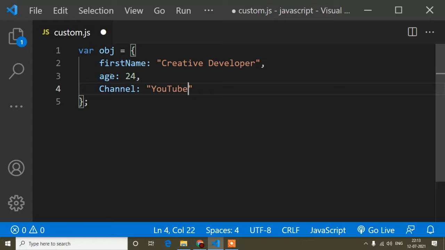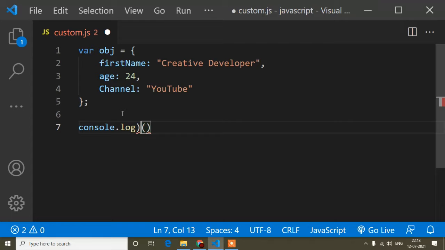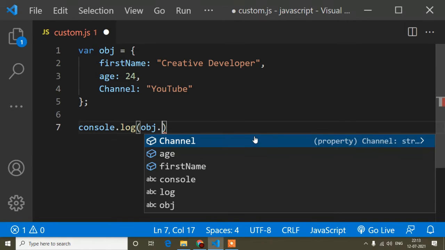Now guys, suppose I want to get the value of this first name. How can I do that? Normally we write console.log, and here we write the object variable name and the property whose value we want. I want first name, so I copy the property name: object dot first name.